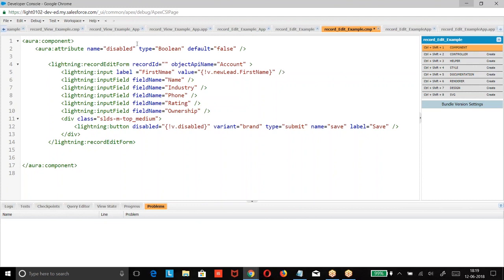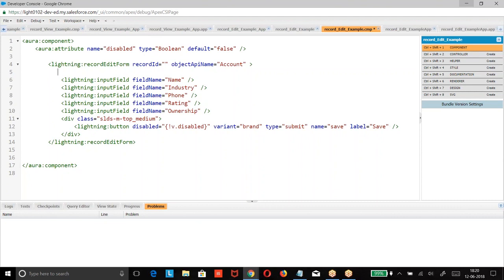With the same record data, if you want to take it: record data, target fields, target record, layout, and ID. Whatever target fields we have given, p dot the target field attribute dot name. What we are taking is the lightning input field. Then when you click on the button, we know how to save the record. Alright, I hope you are clear.